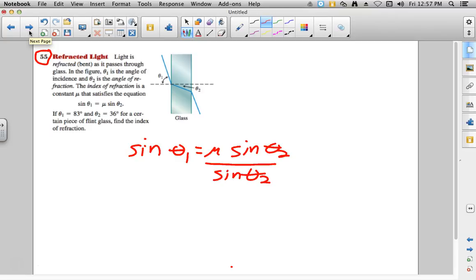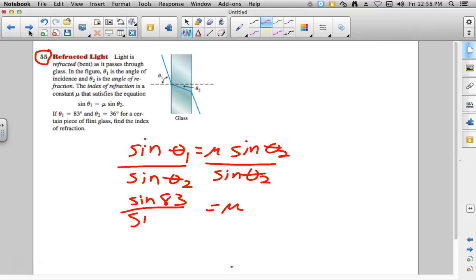And remember, these are just numbers. When we take the sine of theta 1 and the sine of theta 2, that's just going to be numbers. So the sine of 83 degrees over the sine of 36 degrees is what we're looking for. So I would double check, if you didn't get the right answer on this one, that you had your calculator set in degrees. Because if we punch this in, the sine of 83 degrees, parentheses, don't forget to finish that off, divided by the sine of 36 degrees, parentheses, we get 1.6886,